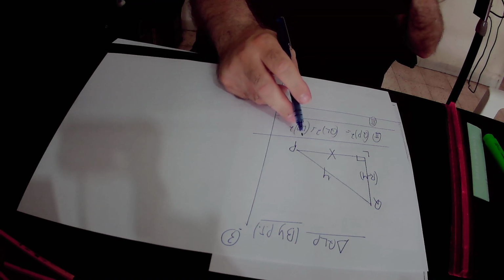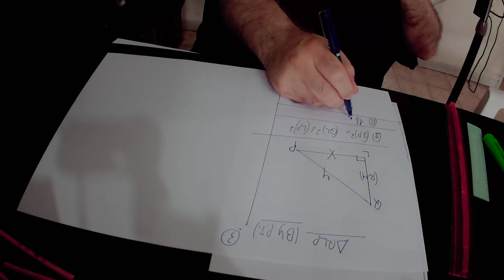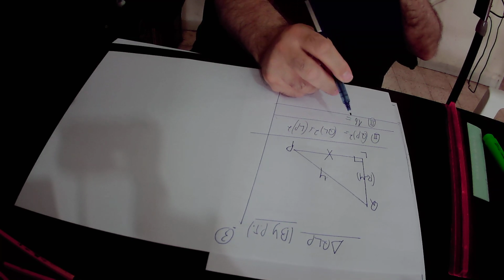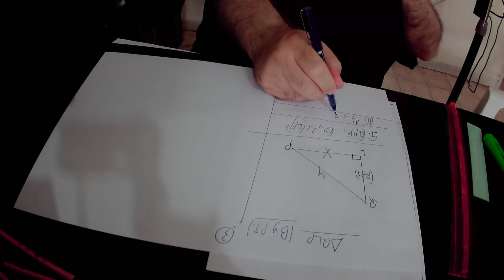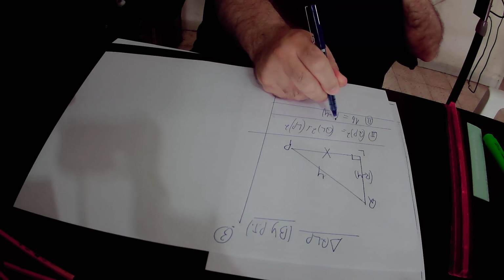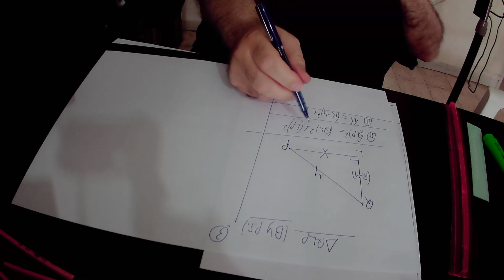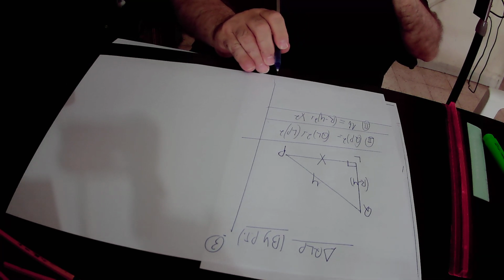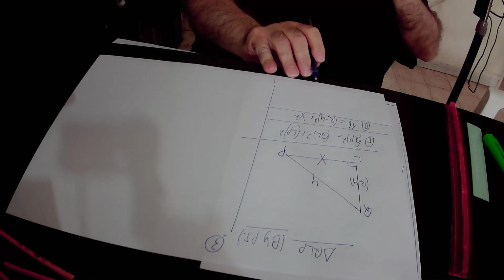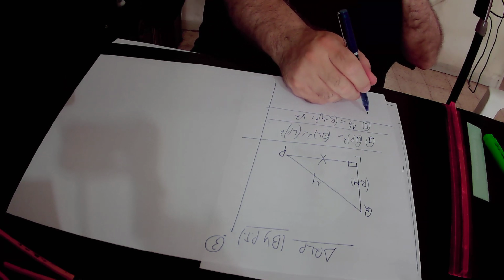QP equals 4, therefore QP square equals 4 squared, that is 16. That is equal to QL square. QL equals capital R minus 4, therefore QL square will be equal to (capital R minus 4) square, plus LP square. LP equals X, so LP square will be equal to X square. So in conclusion, according to equation number 2, we found out that 16 equals (capital R minus 4) square plus X square. Here we will open the brackets on this side of equation number 2 and we get that